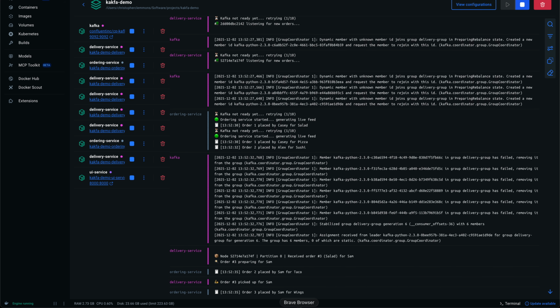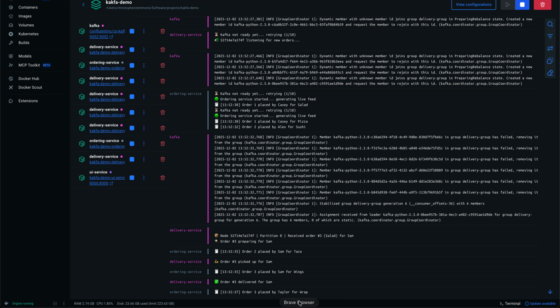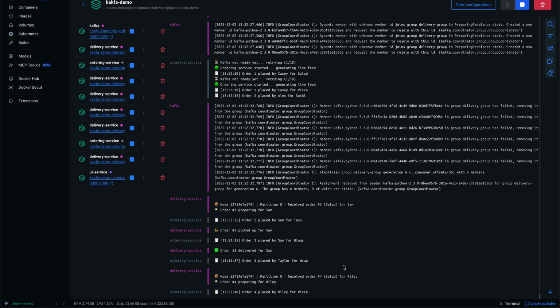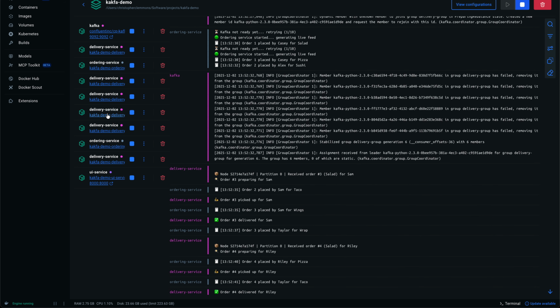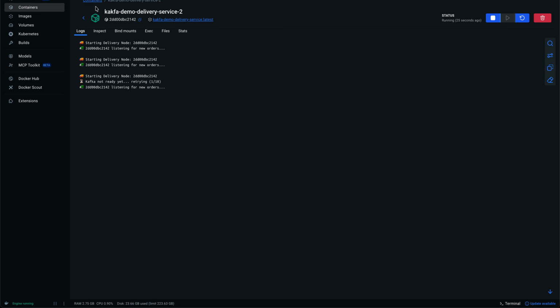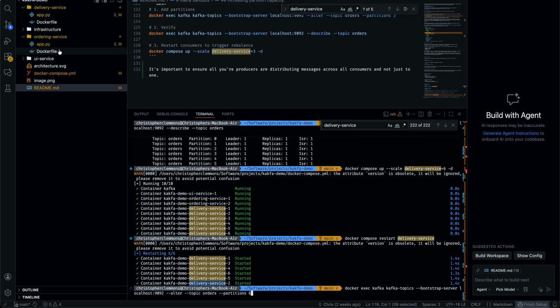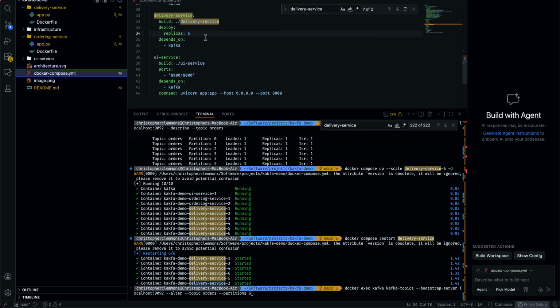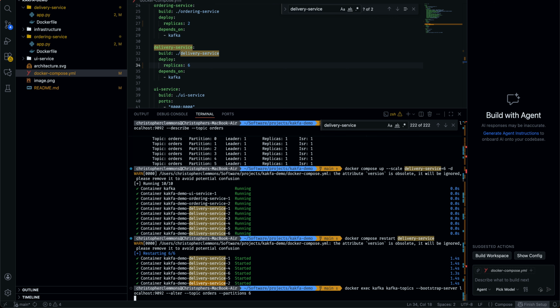That's the problem. I don't even remember if I did that. But let me just make sure that the partitions are still saying 0, and then the other delivery services are just idle. Let me double check. Okay, so yeah, that's not going to do it. So I do have to rebuild it. But let me make sure that my replicas do match what I have currently. Okay, great. All right,